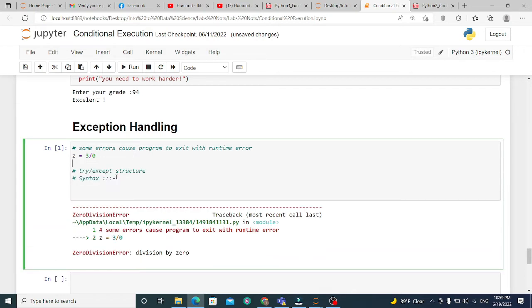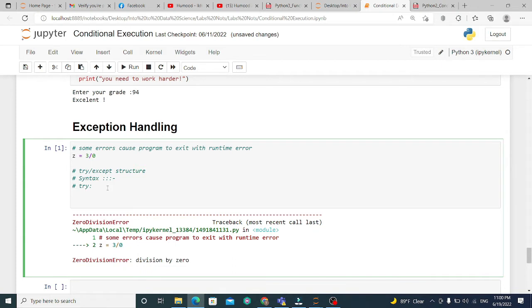What is exception handling in Python? It is the try except structure. What is the try except structure? It is to try to implement some statements, like, for example, we write a tab, then we try to implement